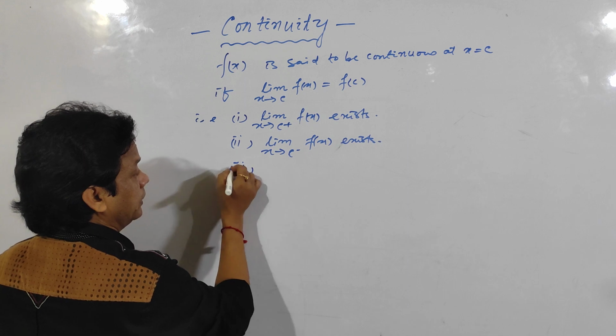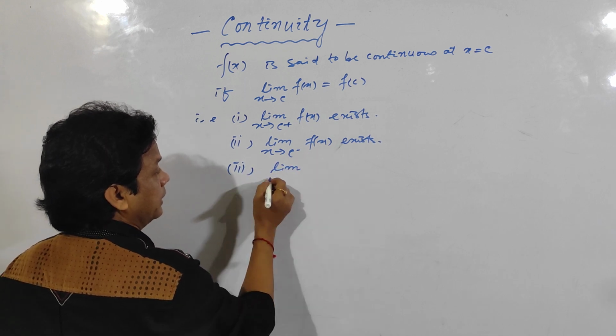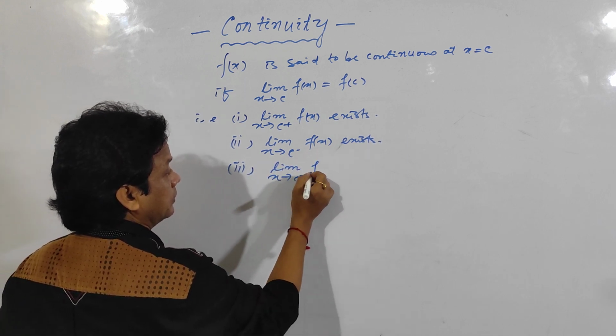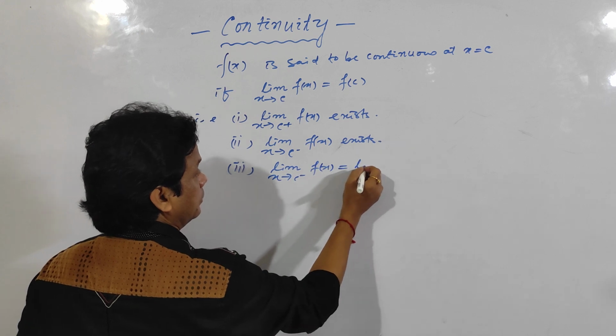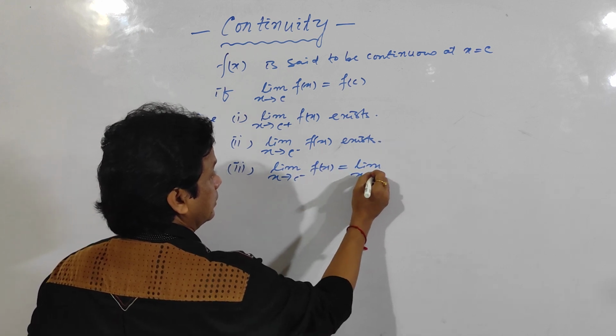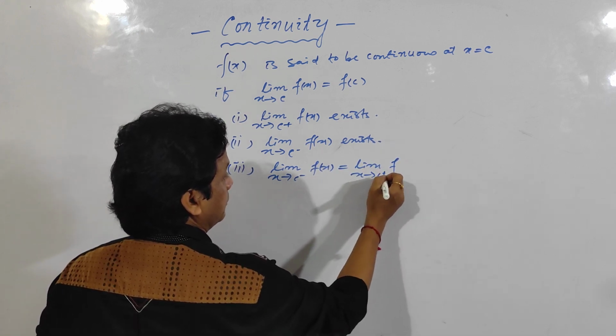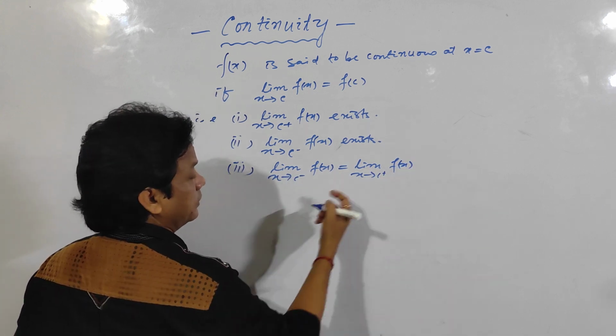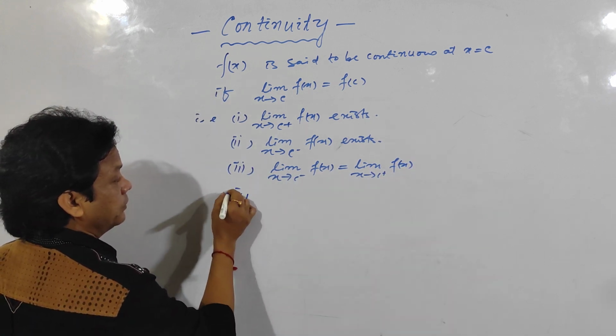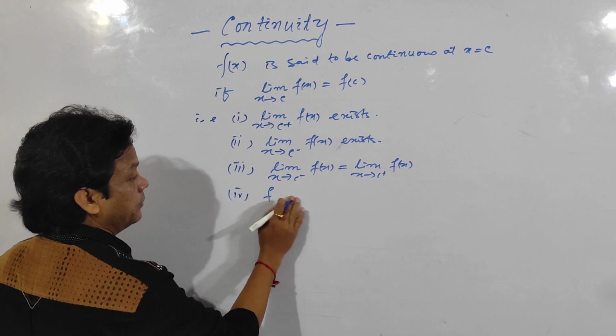And third, left hand limit should be equal to right hand limit: limit x tends to c minus f of x should be equal to limit x tends to c plus f of x. Left hand limit must be equal to right hand limit, and fourth, f of c